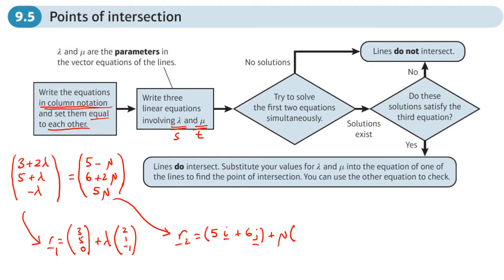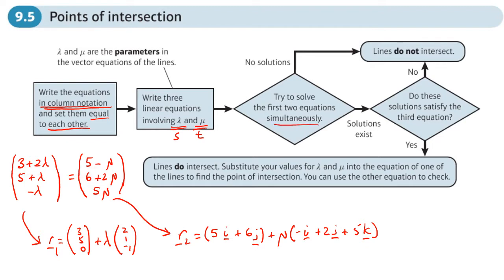and then in brackets negative i plus 2k plus 2j plus 5k. Yeah, so these are what we would have started with at the bottom here, like something like that. We write them basically in this form, all in one vector. We set them equal to each other, and then the next step you can see in the next box is